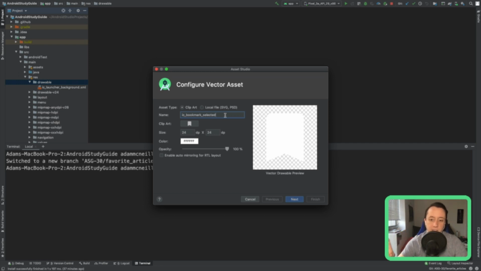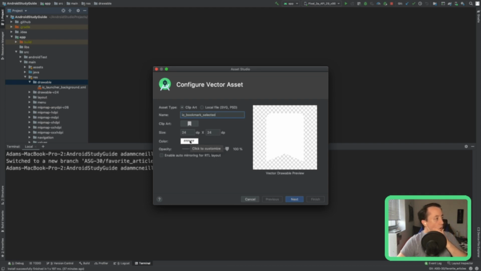Sorry that this might not be easy to read. I have the actual font size in Android Studio blown up when I write the code, but I'm not sure I can control the font size of these windows that pop up. So stop me in chat if something's really hard to read. We can set a color for the bookmark.